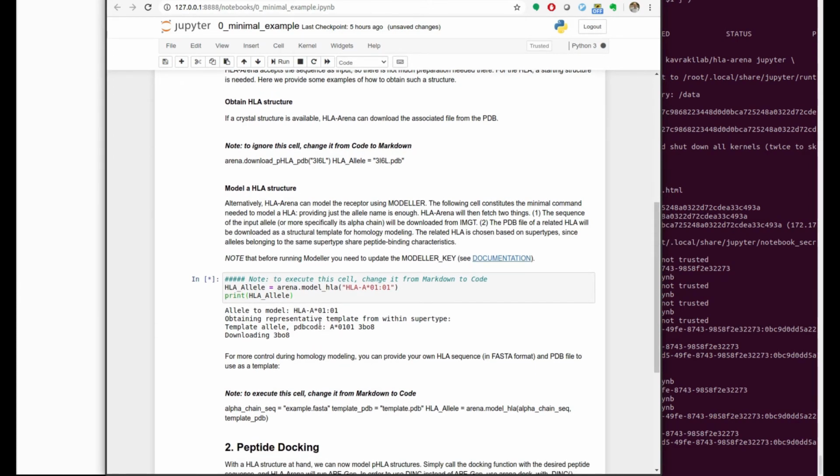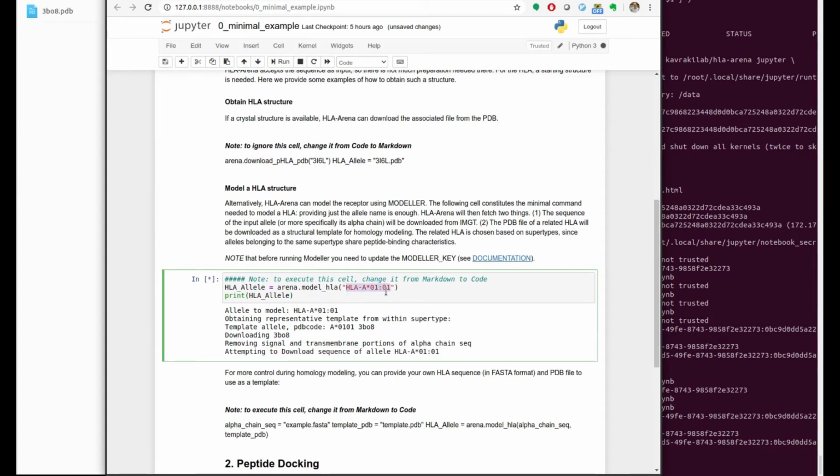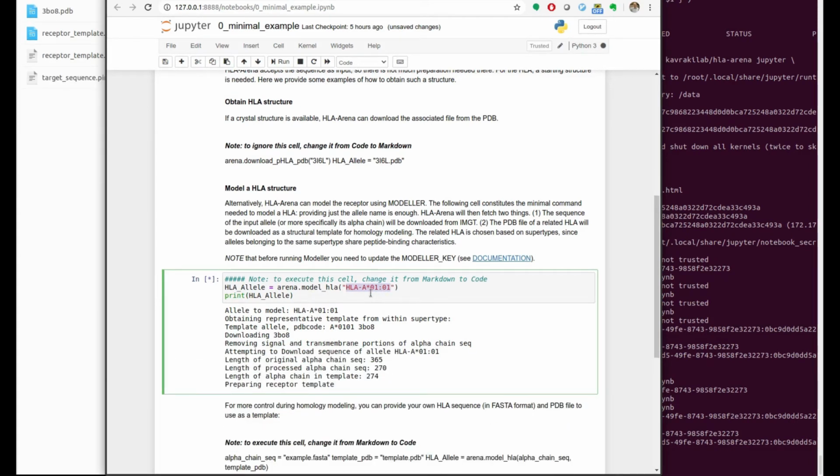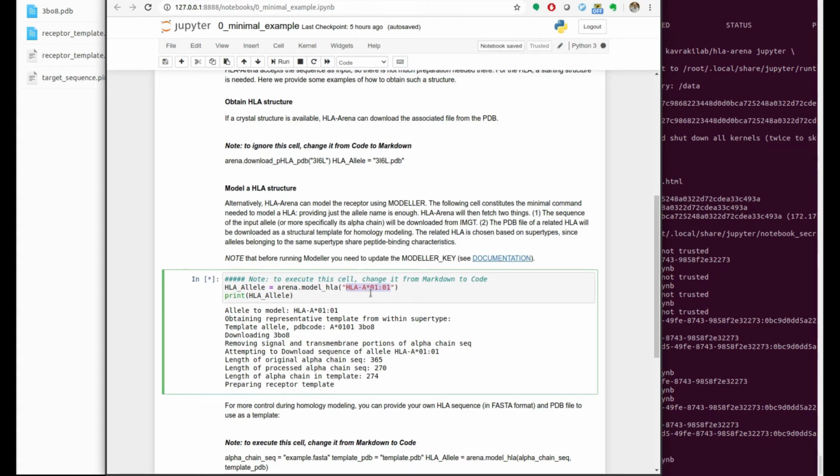the modeling process. And what happens is that HLA-Arena will use the HLA allele name provided and will fetch the proper sequence from the IMGT-HLA database. And it will also look for a valid structural template from the protein databank based on the supertype classification. So in this case, it found the 3B08 structure, which is a structure of A0101 receptor. It downloads and makes a pre-processing of this receptor, so that's good for the homology modeling, and it goes on